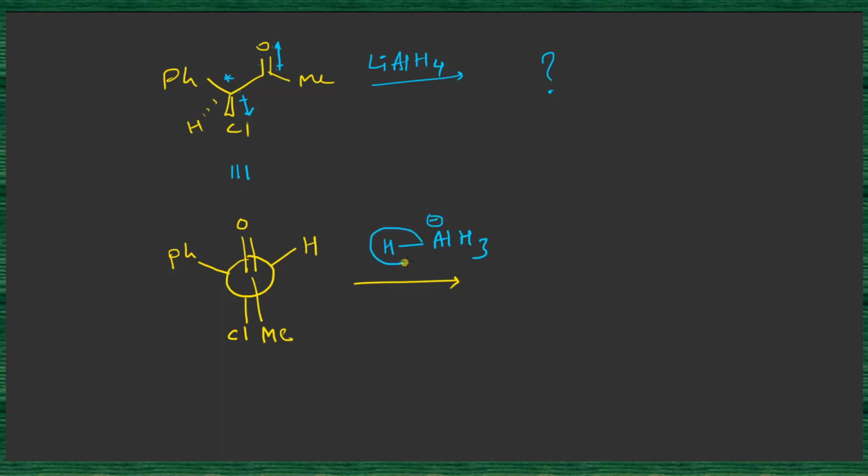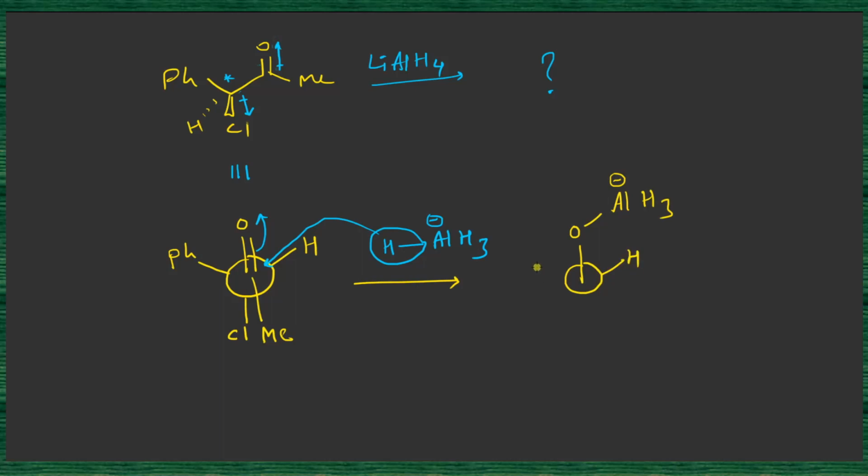then obviously the hydride will approach from this particular side, because here is the smallest substituent and this will exert minimum steric or electronic repulsion, and that's why the hydride will attack from this side, and this carbon-oxygen double bond will break, which will give us this particular alkoxide, which will be complexed with the alane formed after releasing the hydride.